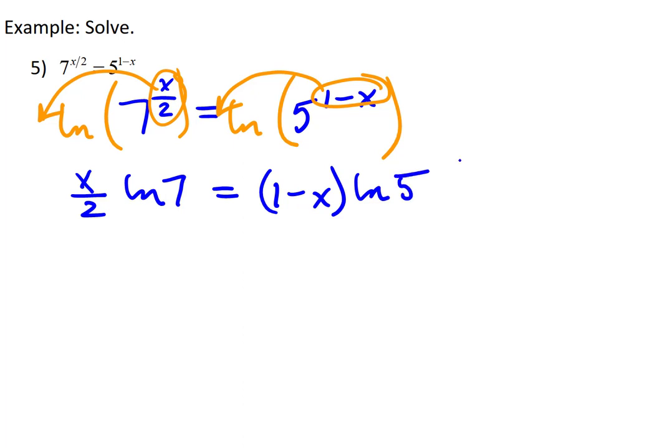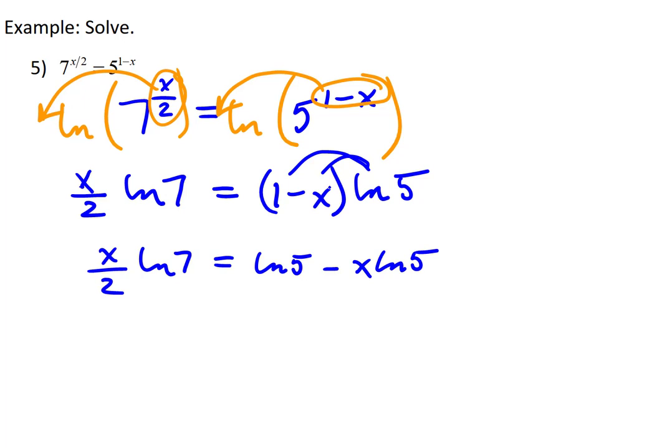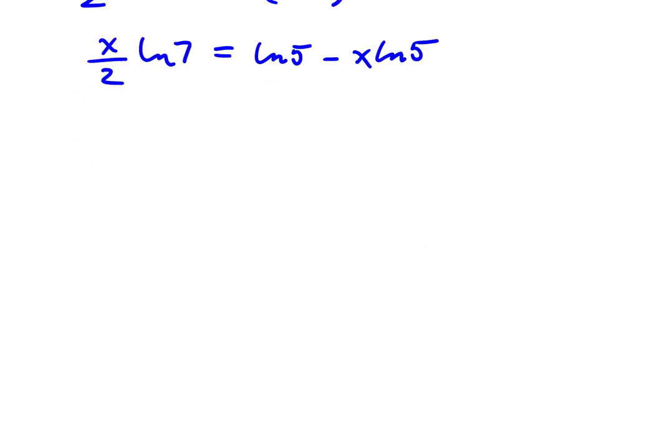Now remember, my whole point is to solve for x here. I have two instances of it, one on the left, one on the right, which means I'm going to have to get them both on the same side. So let's go ahead and distribute our natural log of 5 on the right side. Let's rewrite this all the way across as x over 2 times the natural log of 7 equals, now I'll have natural log of 5 if I distribute it, plus the 1 minus x times the natural log of 5 going into that second term. Now I want the x terms on the same side, so if I add x times the natural log of 5 to both sides,